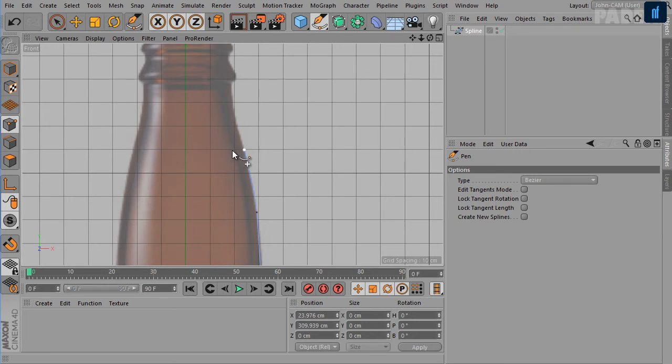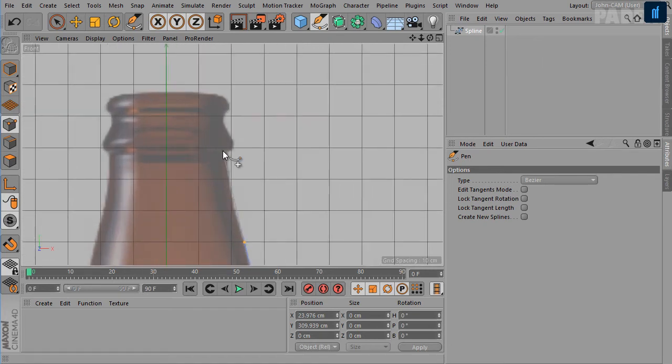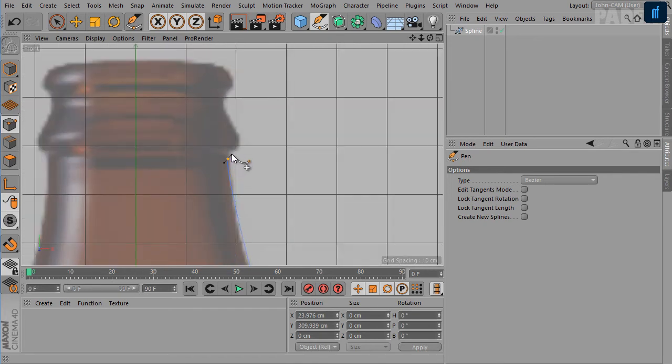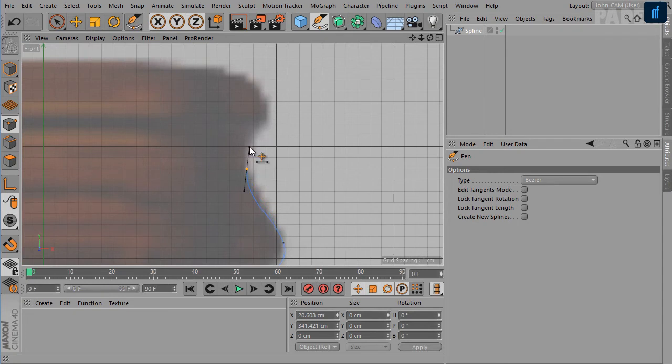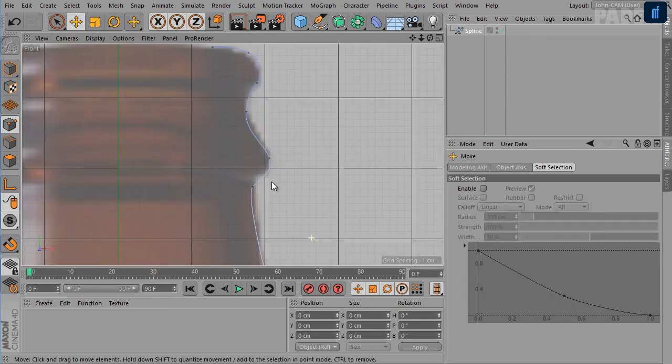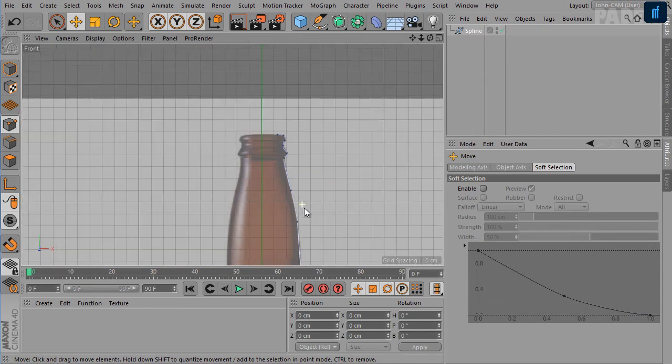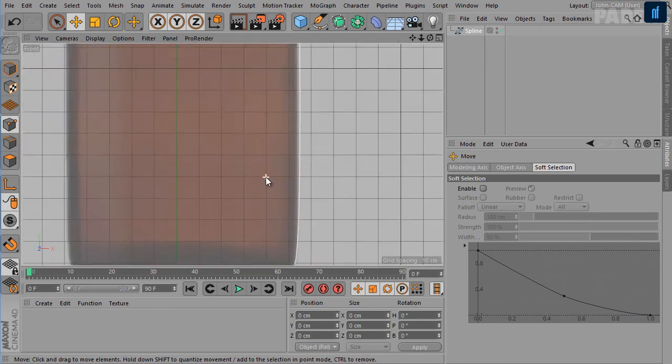So make sure that you create a point there, or you can also create it later on using the cut tool. You can cut the spline to create the level. So you can do it now or you can do it later, whatever is your preference, and then continue drawing the shape of the bottle. Here, press escape, and now you can come back and adjust the shape if required.